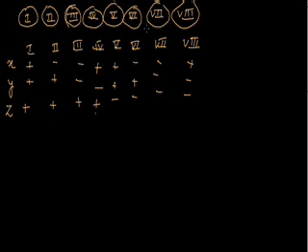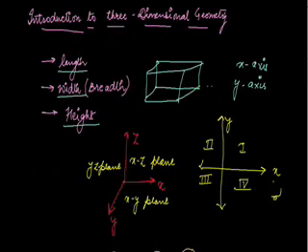And from fifth to eighth, for all four of them, Z is coming out to be negative, and the rest goes as per the quadrants. So this is an introduction to three-dimensional geometry, because till now we were only studying the plane, that is the XY plane, which is the plane of our table, which only contains the X-axis and Y-axis, whereas now we will add one more axis to it, that is the Z-axis.